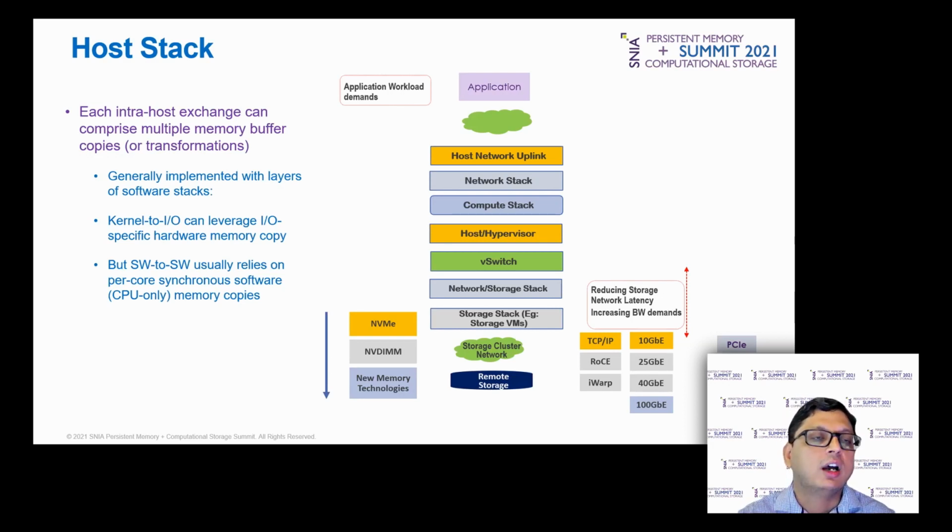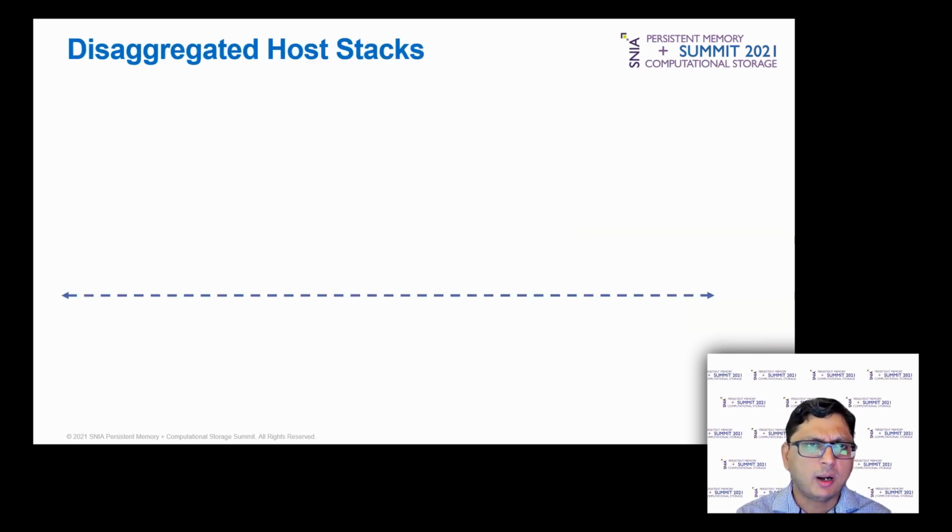And generally, intra-host exchange is done using software stacks, and then hardware copies are done usually using kernel to IO or IO-specific hardware memory copy. But software-to-software copies rely on CPU-only synchronous software stacks, and that's where we see some of the intra-host workload congestion buildup. And if you wanted to solve this problem with disaggregated host stacks, then you can